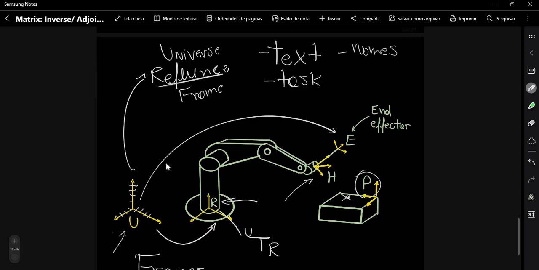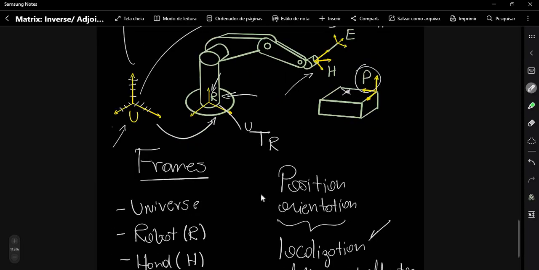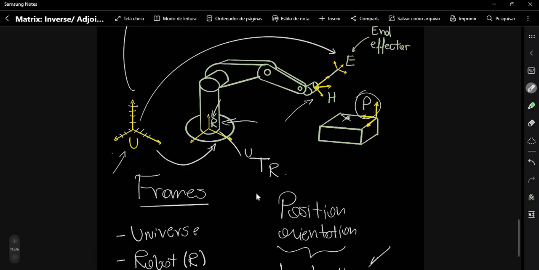So R is the reference for this frame, and this frame turns into the reference for this frame. So we are writing a transformation for the frame H in relation to the frame R. This frame is turned into the reference for this frame, and we also have to write for